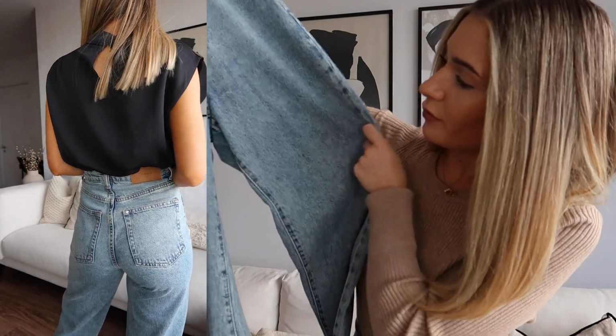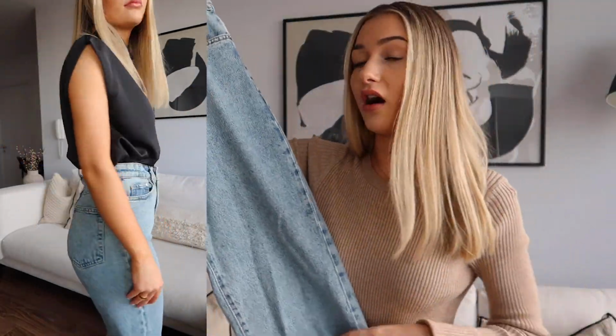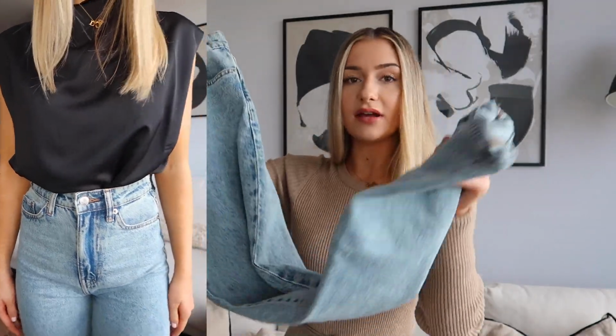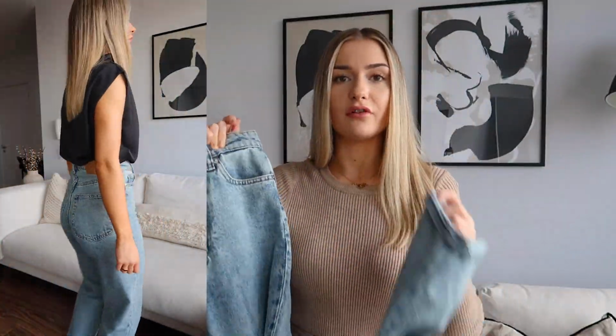They kind of balloon out very slightly in the thigh area, so if you are a similar body shape to me, then these will be perfect for you as well, I'm sure. And then they come down into a finished hem rather than a raw hem. I do have to roll them up very slightly if I'm wearing flats, but with heels they are kind of like the